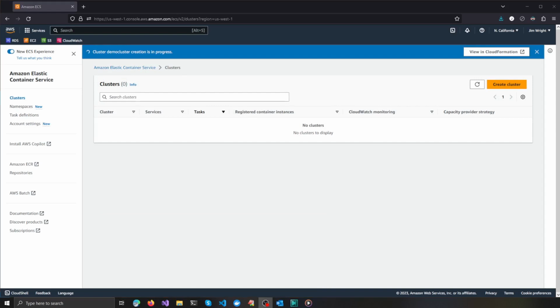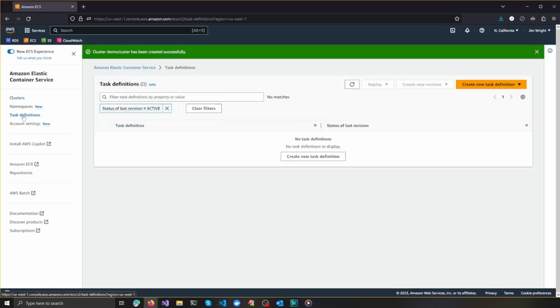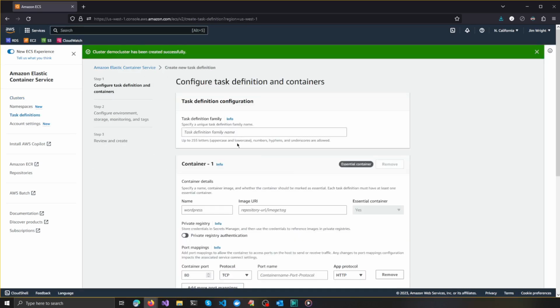A cluster in AWS is a logical group of tasks or services. And so to run a container image, what I need is a task which will define the container image to run, amongst other things. So create a task by clicking Task Definitions, and then create new task definition. I'm going to give it a name, Demo Task,